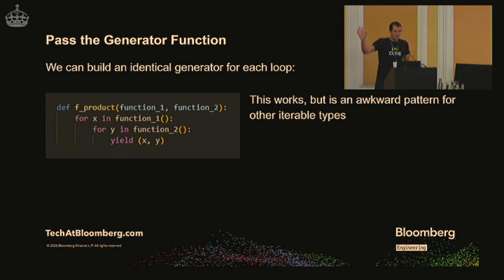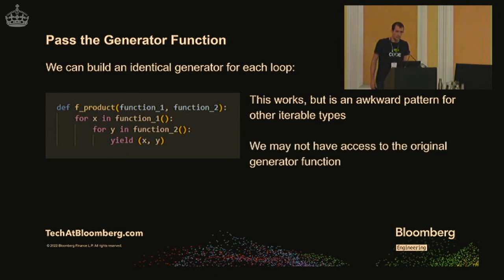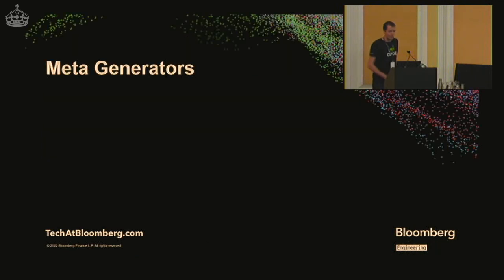But you might be able to see that if I were to use this as a generic product function, and I wanted to use it with lists or dictionaries, I've got to wrap them all in a function. That's not very nice to have to do, so it's a bit messy. And a second problem is you may just not have access to that generator function. It's possible. So we can do slightly better than this, and that's where the more elegant solution comes in,